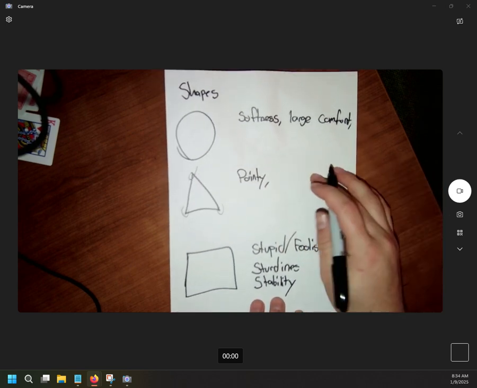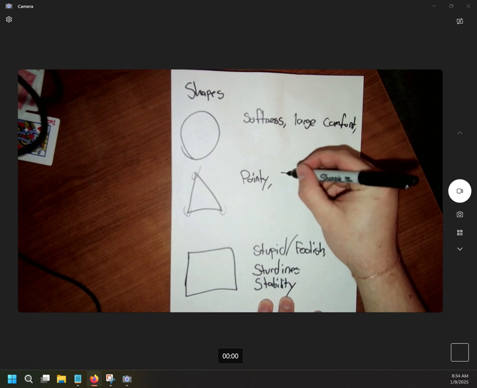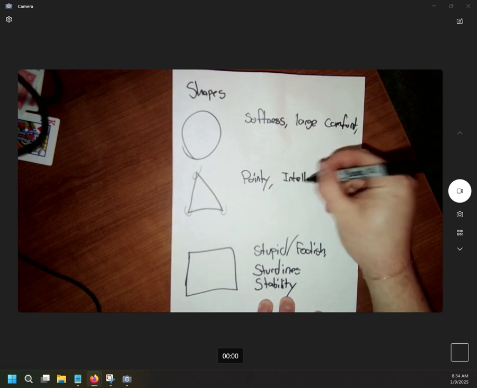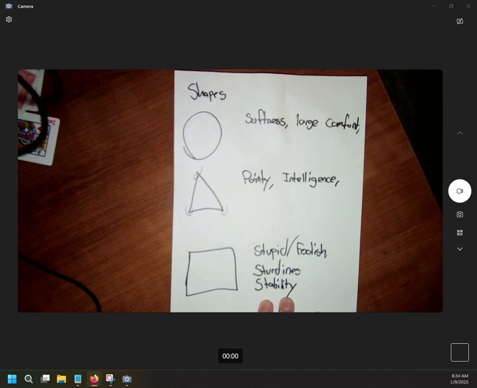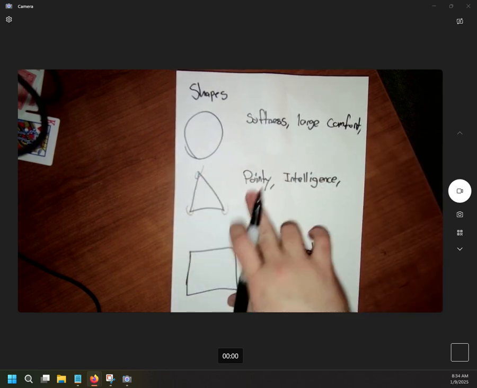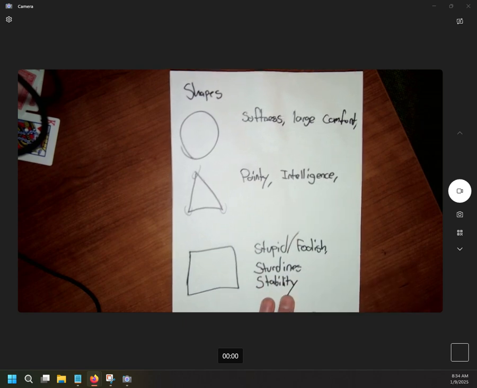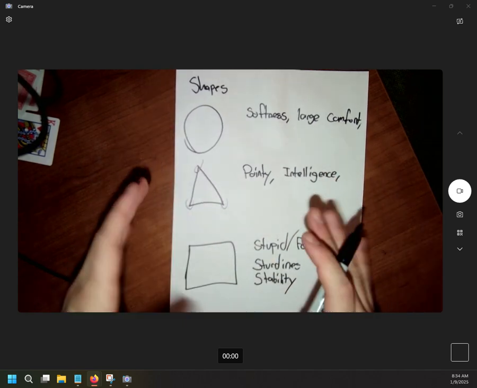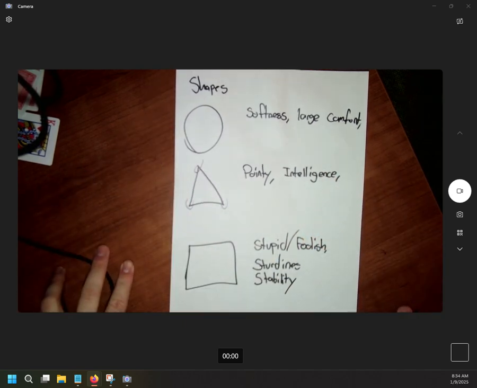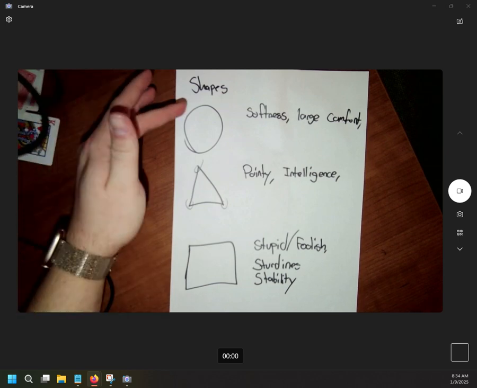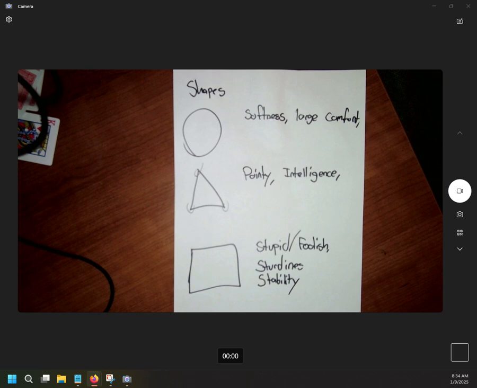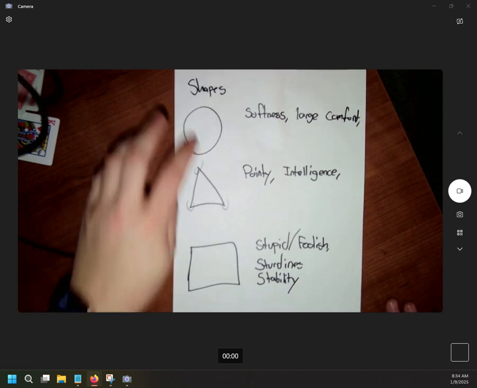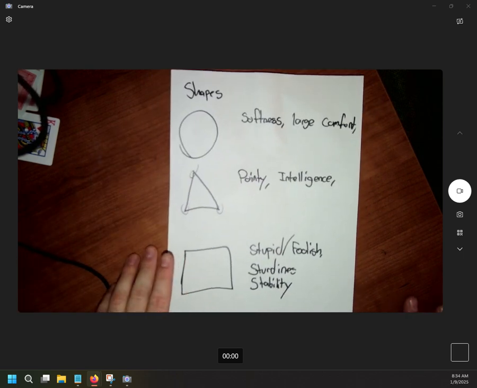I personally also associate a triangle with intelligence because it makes me think of people who are good at math, which is not myself. And so obviously those people are smarter than me. Or those characters shaped like triangles are smarter than me. All right? Since this is not an exact science, there is exact science related to it. What you assume from a shape, what we're just kind of talking about as people, we're all members of the same planet here, right? These assumptions are generally what your audience is also going to make. So,